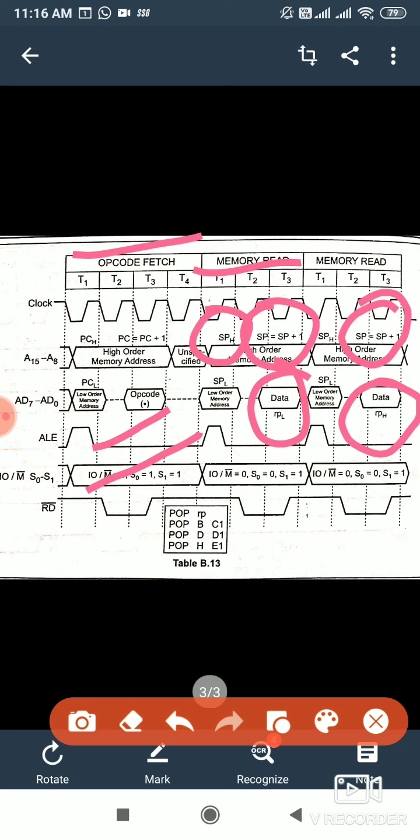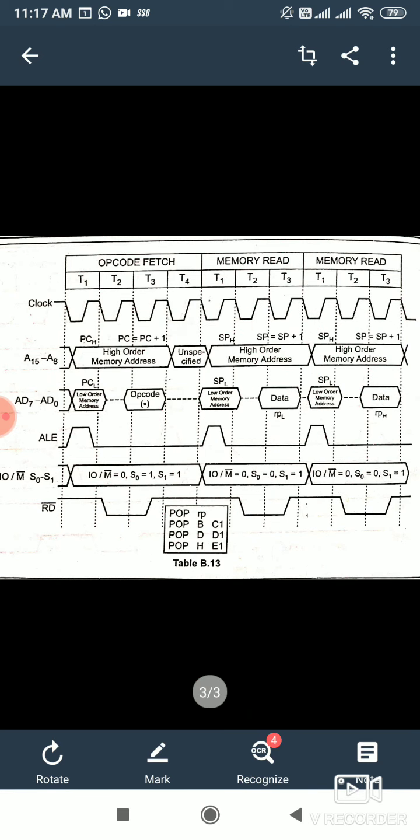So the step goes from memory read, but in push instruction, the step of stack pointer starts from opcode fetch. This is the difference between push and pop. Memory write in push gets changed to memory read in pop instruction. All the process is same. Instead of decrementing the stack pointer, we are incrementing the stack pointer here. That is all about the stack. Now in our next lecture, we will do subroutines.